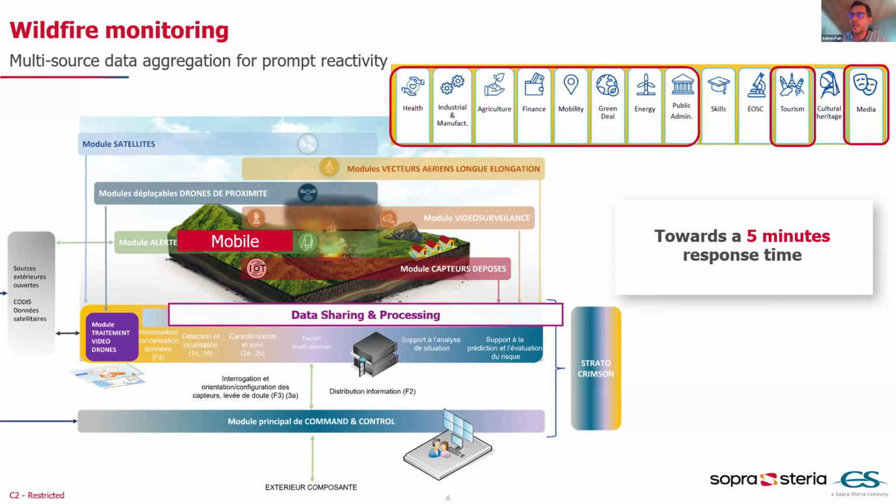So what we built is a combination of data, using satellite data that are passing every day over the Earth, which can look at the hydrological stress of vegetation. Based on that, we are including other vectors, which are the aerial vectors, such as airplanes or balloons that can fly over certain critical regions. We can launch and integrate drone data if we need to look in a deeper fashion at a certain area. And then we also integrate mobile alerts, similarly to the previous example, where